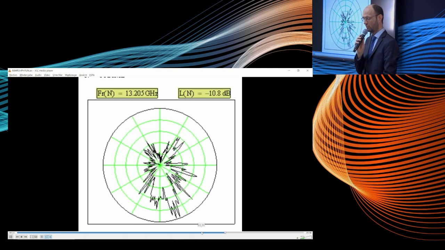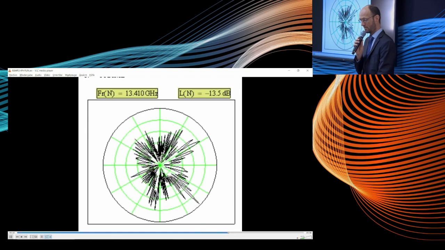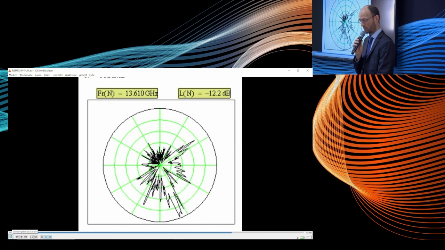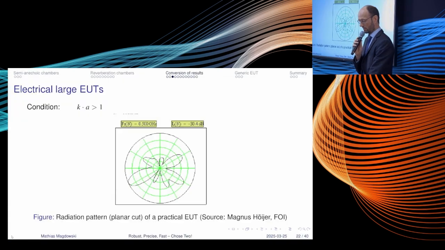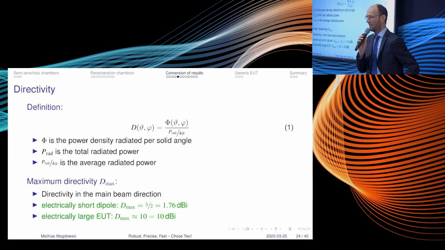And here you can see you would need to go for very, very small degree steps with your turntable in the semi-anechoic chamber. So that's definitely a problem. The higher the frequency, the higher the problem. And the longer you would need to wait, or the more smaller steps you would need to measure to find the maximum. So this is definitely not practical.